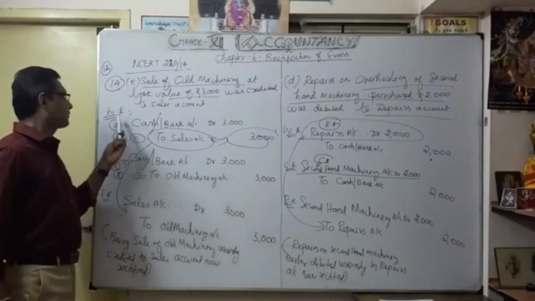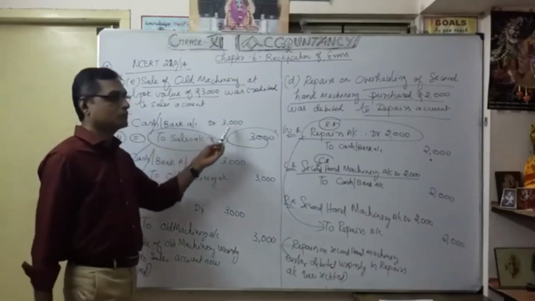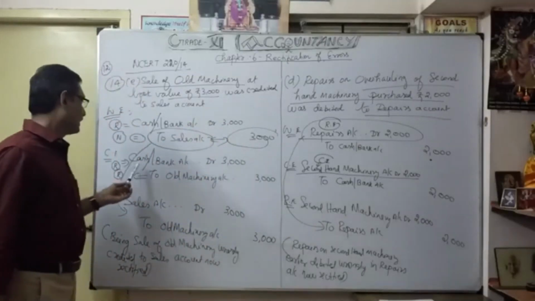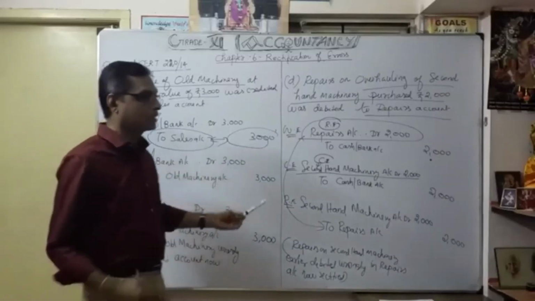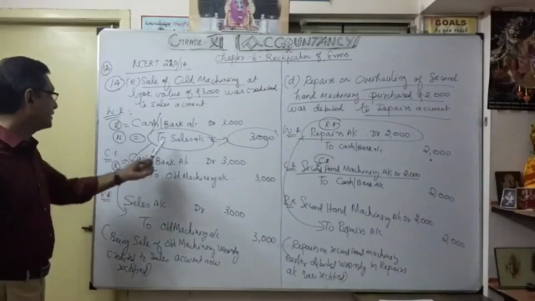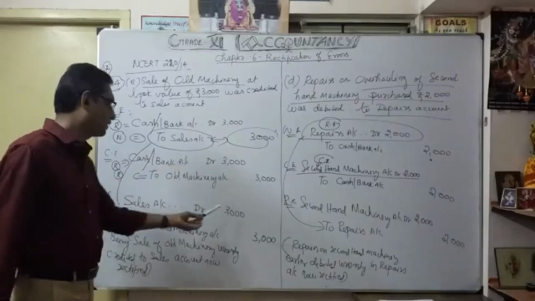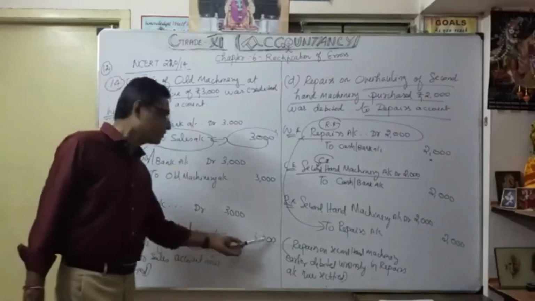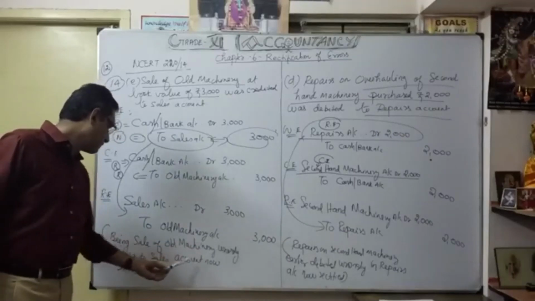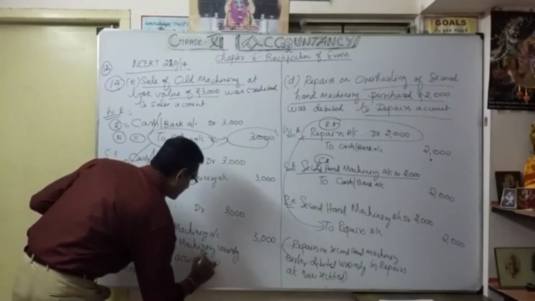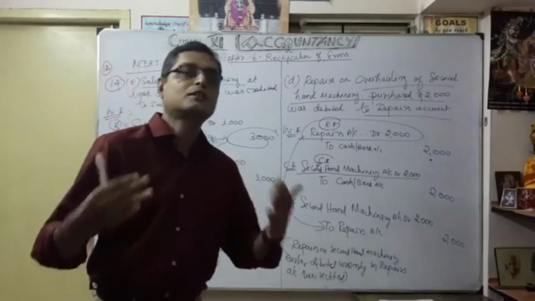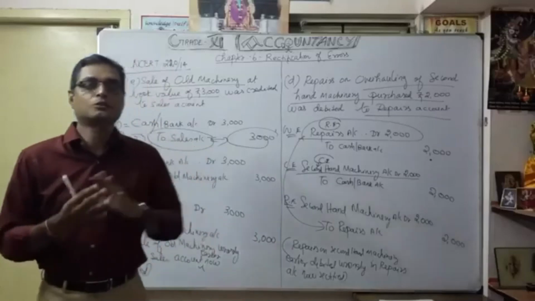So correct entry. What is the wrong entry? Cash or bank account debit to sales account. Taking it as sales, as income. Actually, what happened? Cash or bank account debit 3,000 to old machinery account. So as a real account, debit what comes in, credit what goes out. That's why the rectification entry. Earlier you credited sales. Now going to debit sales account 3,000 to old machinery account 3,000. Narration being sale of old machinery wrongly credited to sales account earlier. Now rectified. As for the narration, up to your knowledge you can write. The only thing is narration should be understandable, should be understood by others.